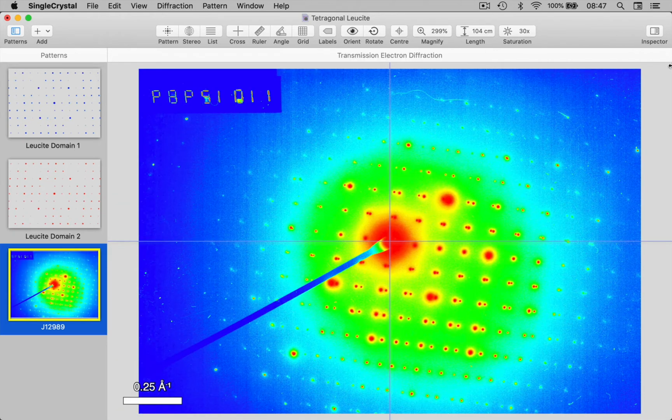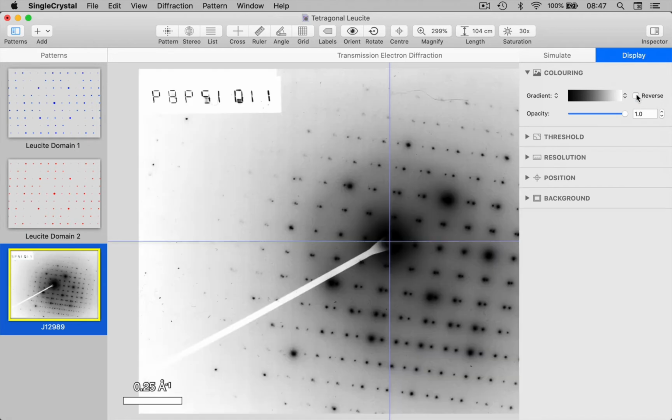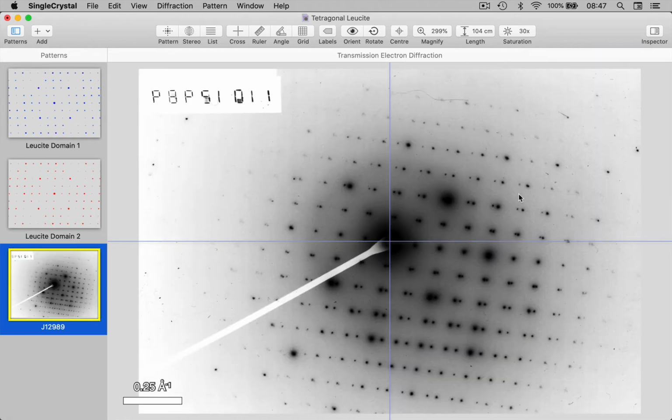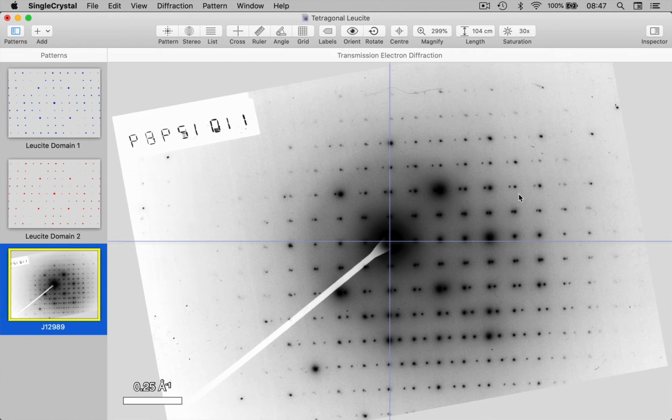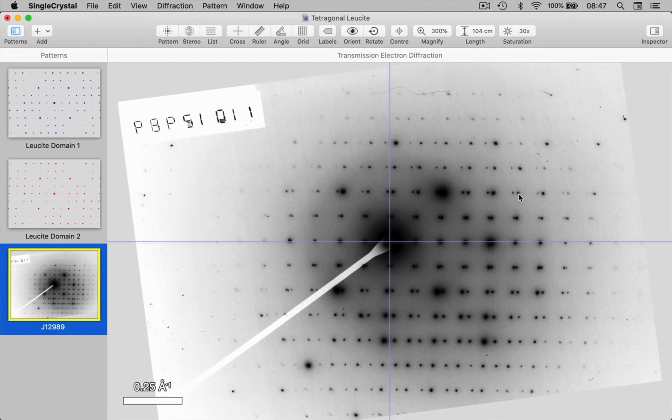And we can change the color of this. This is nice and colorful. Let's just change this to a grayscale display, which will invert. And we can rotate this relative to our screen axes. There we go. Now I've already set the wavelength and the camera length, and the resolution of this image is embedded in its metadata, and that's been recognized by the program. So we can now overlay